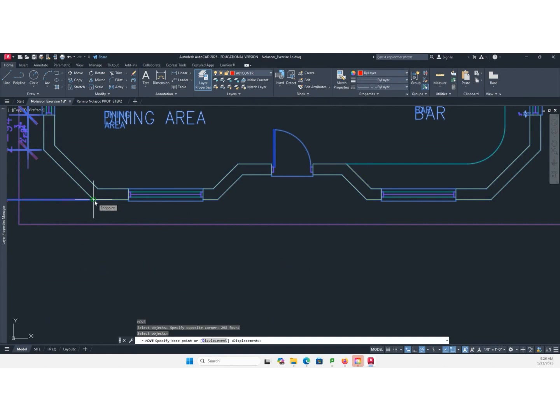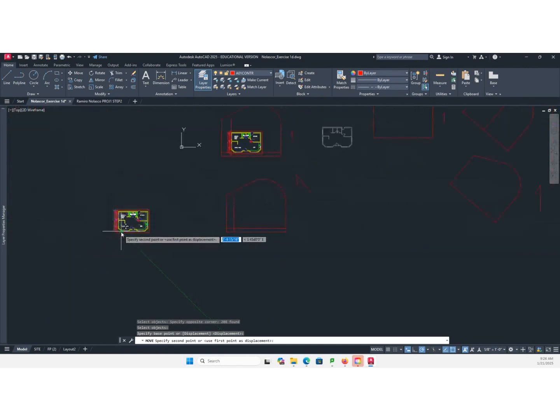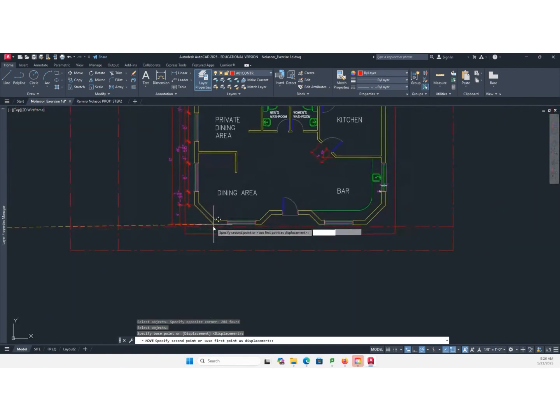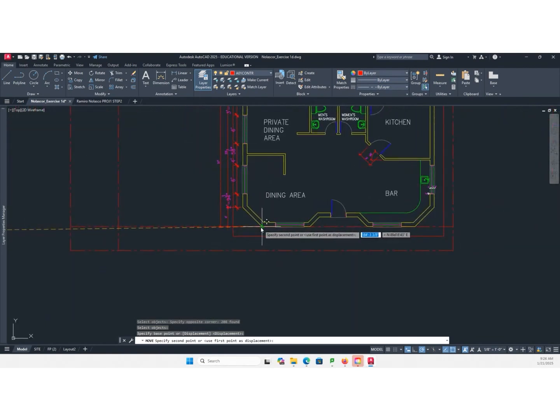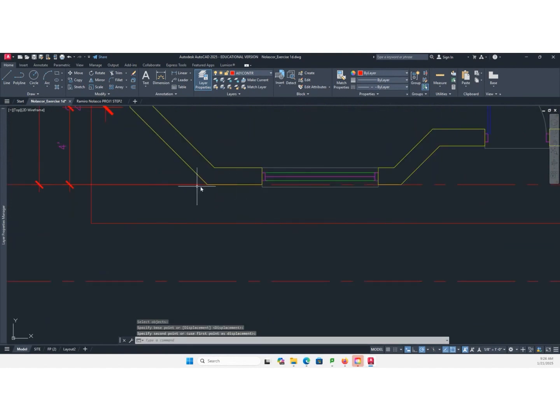I'll move and place this as my base point, and then place it on the property right at the setback.